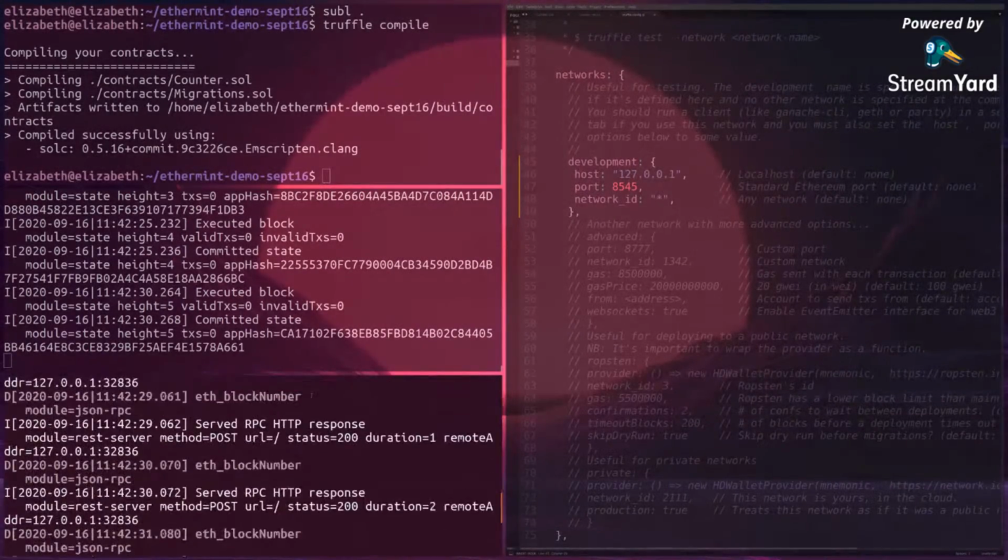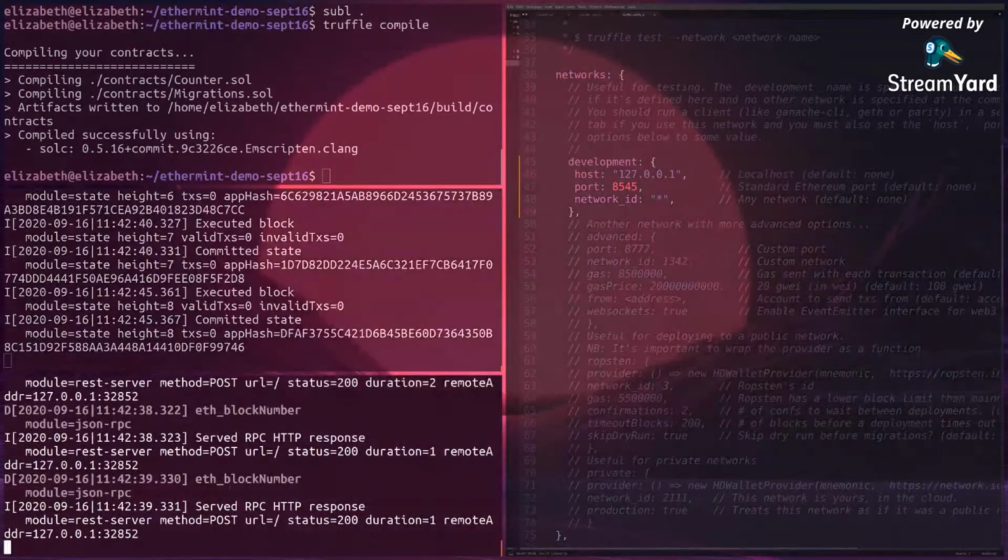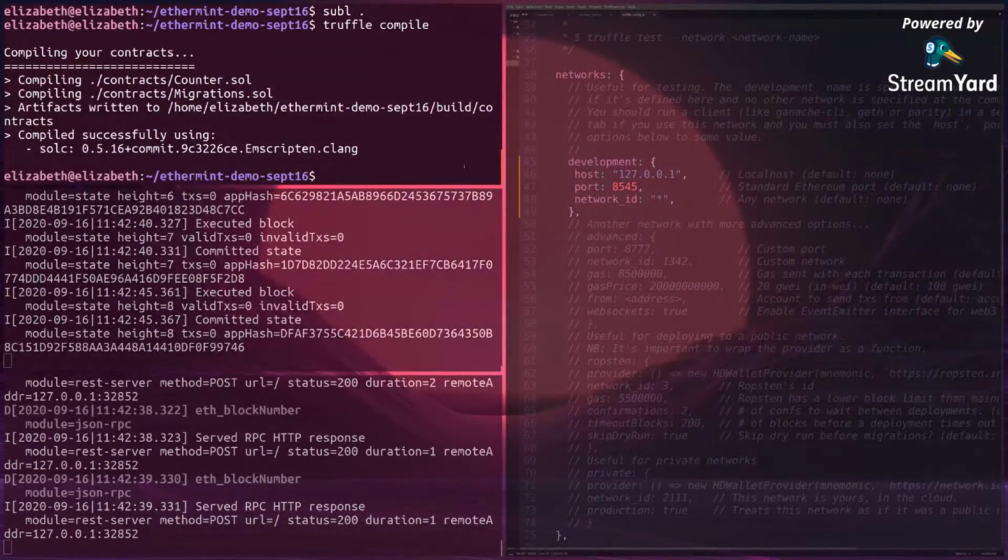Okay, cool. Something is sending queries to it. I think it's my Metamask. I'm just going to turn that off for now. Okay, cool. Now we have the daemon running and the server. So now we can